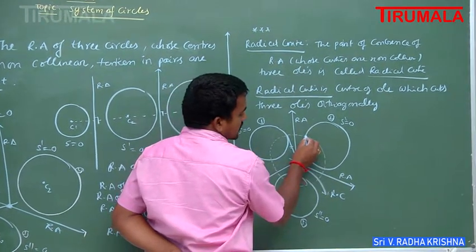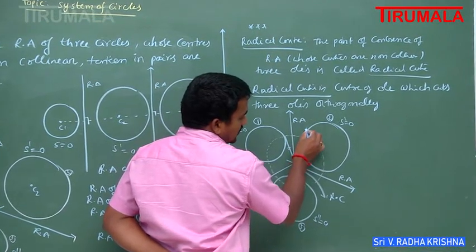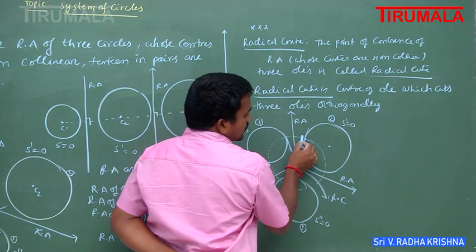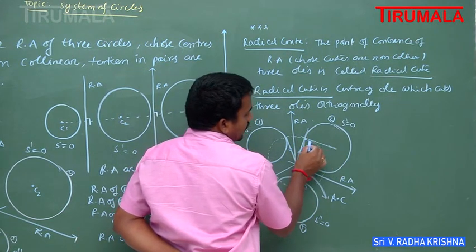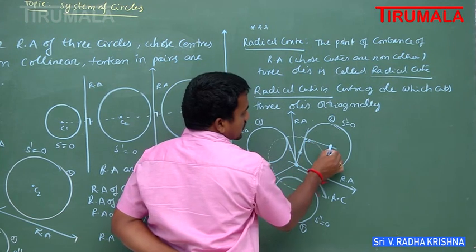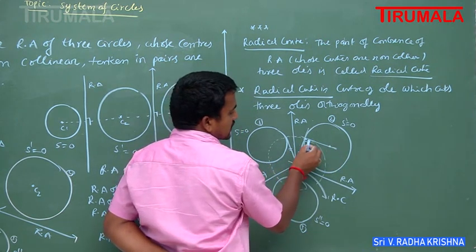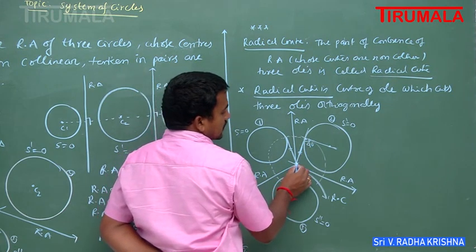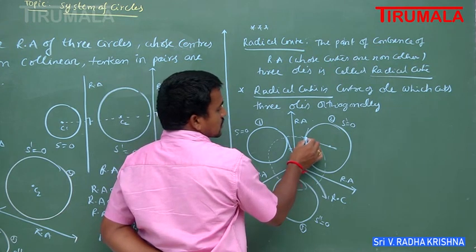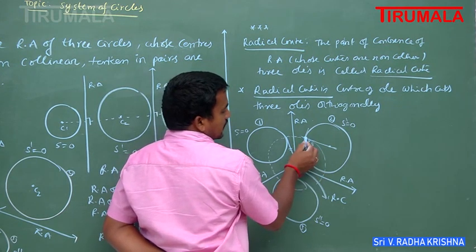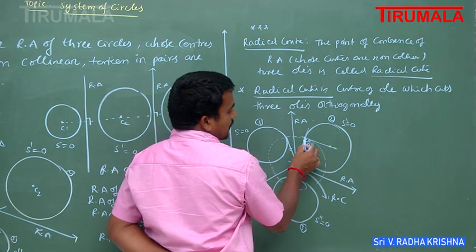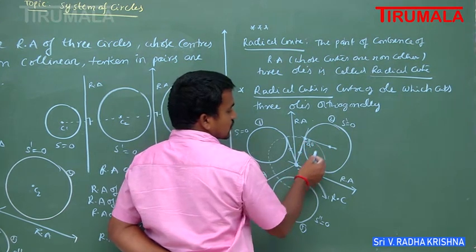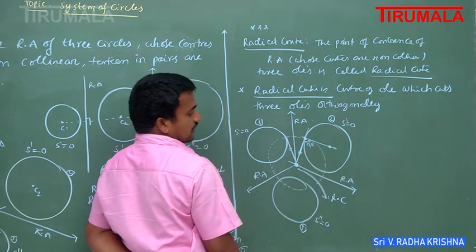So this is the tangent of the circle also, and this is the tangent of the other circle also. Now, any line drawn perpendicular to this tangent passes through the center. So these two circles intersect orthogonally, this angle is 90 degrees. From the radical center, a tangent is drawn and touches at this point, the point of contact. The perpendicular line passes through the center. So the angle between the two circles is 90 degrees, so these two circles intersect orthogonally.